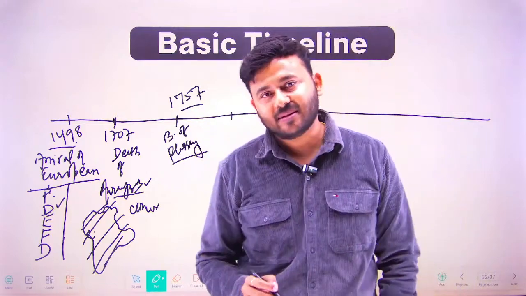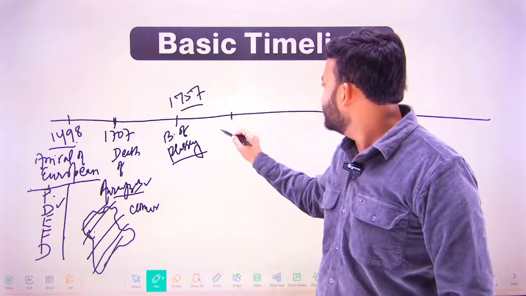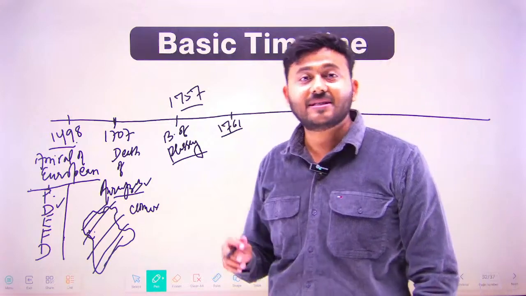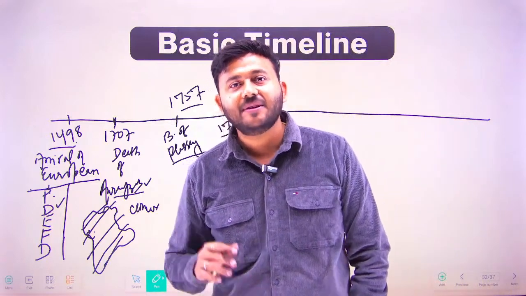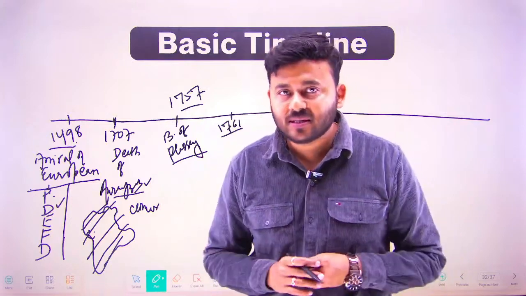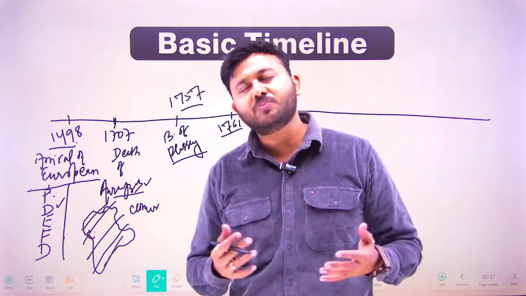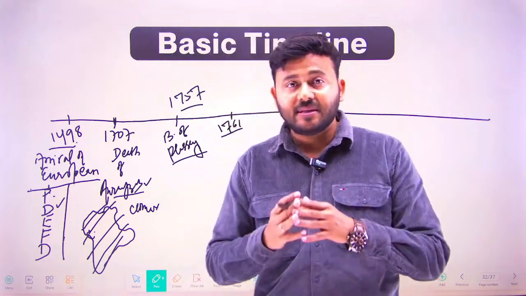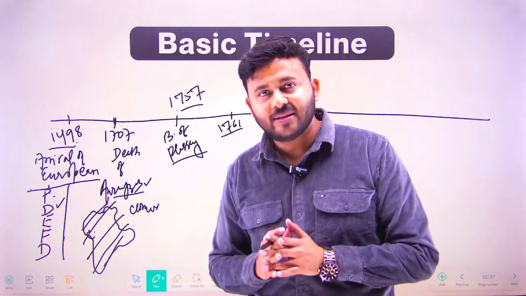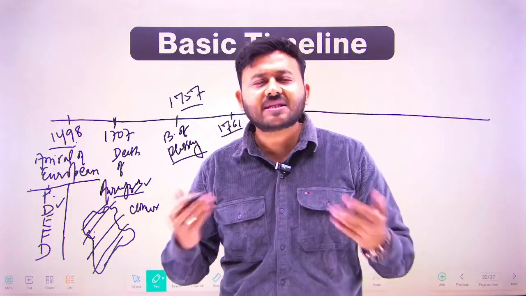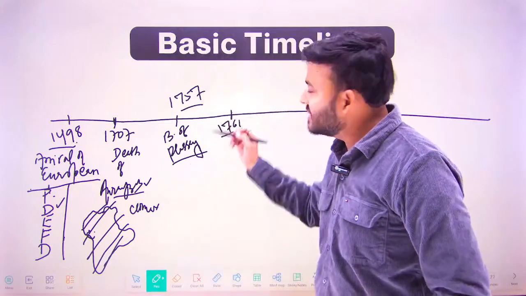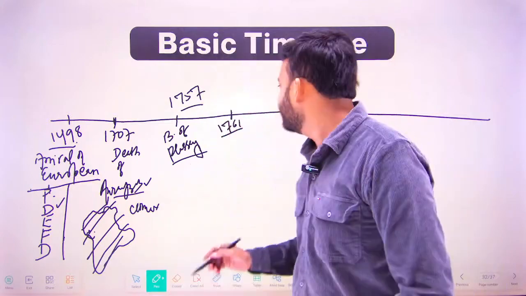Next landmark which I can say is 1761, which is third battle of Panipat, in which Ahmad Shah Abdali defeated Marathas. The budding rulers, they looked promising that if the way they are growing, they can well confront and make themselves juxtaposed with Britishers. So this is considered as one of the landmarks. Next comes